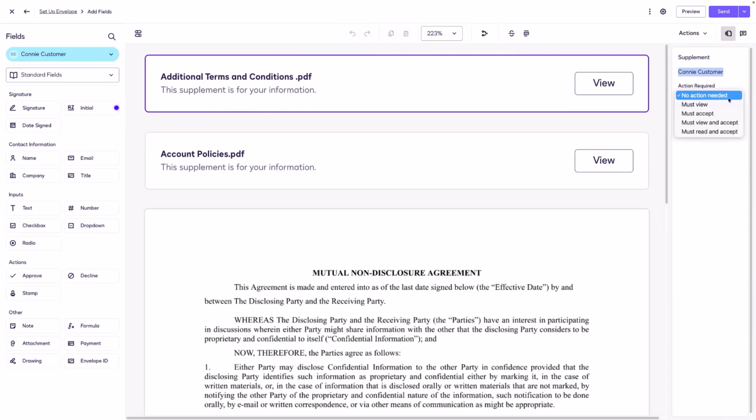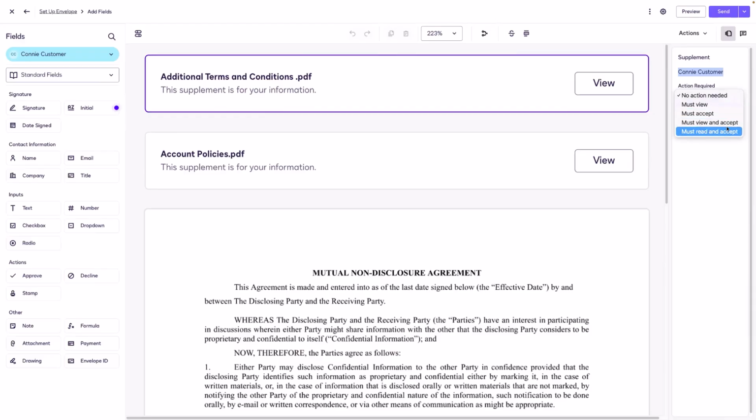No action required. This means that the recipient can see the supplement but does not have to view it, accept it, or read it. Must view. This means the only required behavior is for the recipient to click into the supplement to view it. Must accept. This means that the recipient must click the accept button on the supplement to accept it.